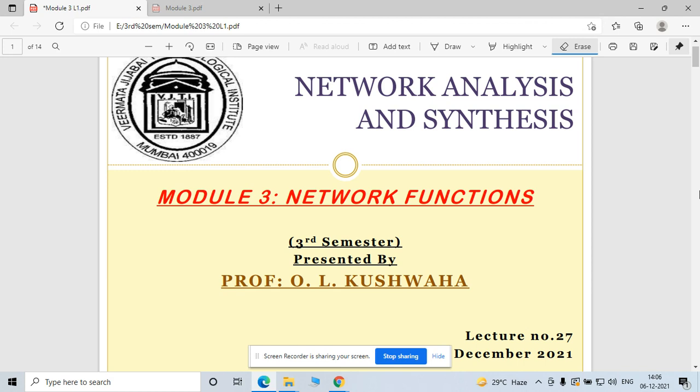In last class, we covered attenuation for unit number four. Foster circuit is covered after this unit, because the network function concept is used in the Foster circuit. So first of all, we cover module 3, that is network function, and after completing this unit, one class for the Foster circuit, Foster and Cauer circuit.